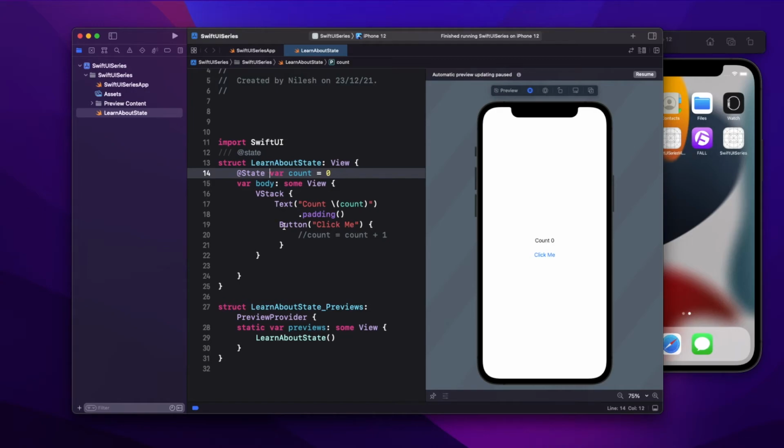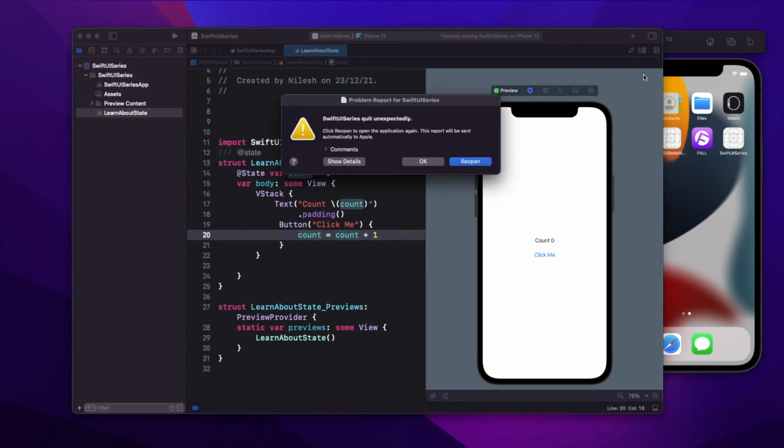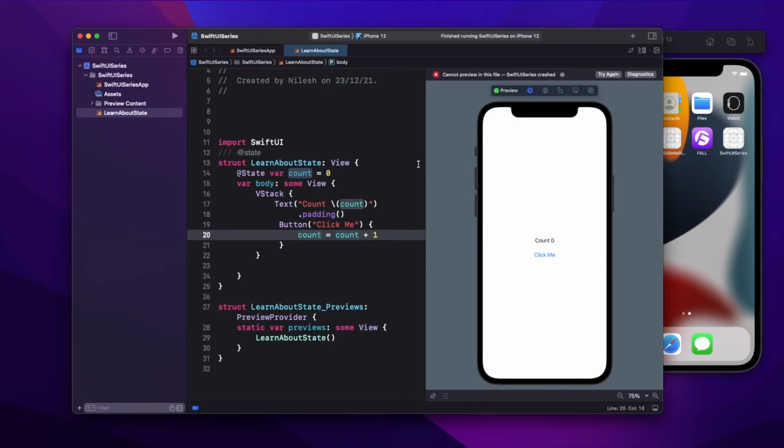So now if you write count equals count plus 1, it will not throw any error, and you can change the value. Internally how it is managed, I don't know; maybe Swift stores it separately once you declare it with @State. But the @State keyword gives you the flexibility to modify the value inside a SwiftUI view.